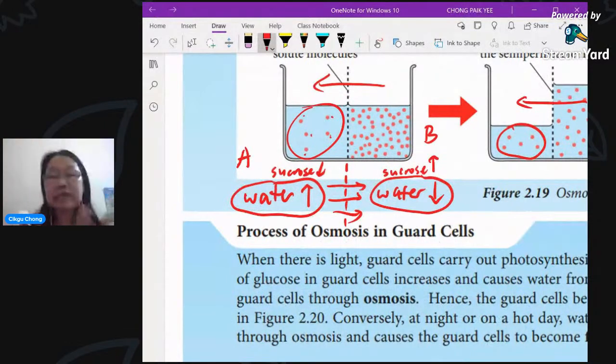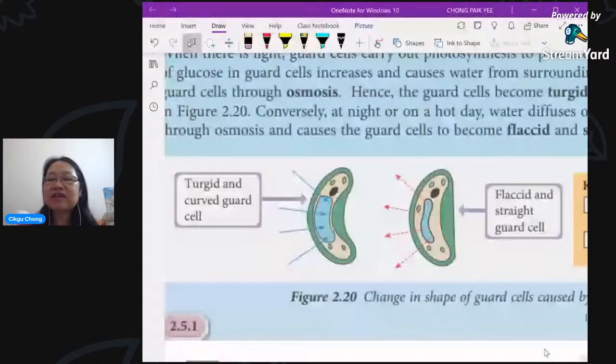So let's go back to the cell now. Here we compare to explain osmosis in the cell. Okay, all right, Patricia, correct. So now let's look at this one. Let me look at it bigger. I want to see why the can open during the day. Very simple. It's because why does it become so big?